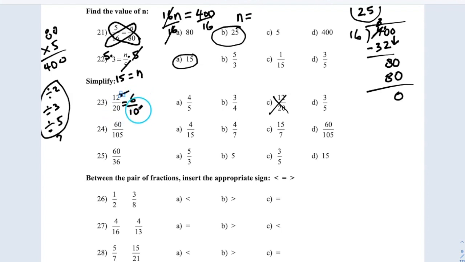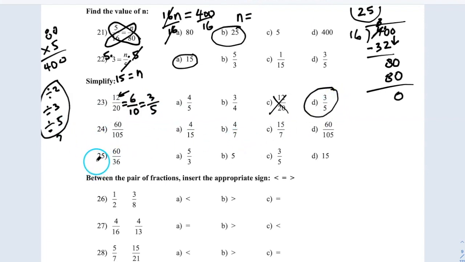6 even? Yes. Ends as 0? Yes. So I can divide by 2. So 6 divided by 2 is 3. 10 divided by 2 is 5. Can I divide more? I can use the 3 on the top, but I cannot use it on the bottom, therefore I have to stop. So my answer is 3 over 5, which is